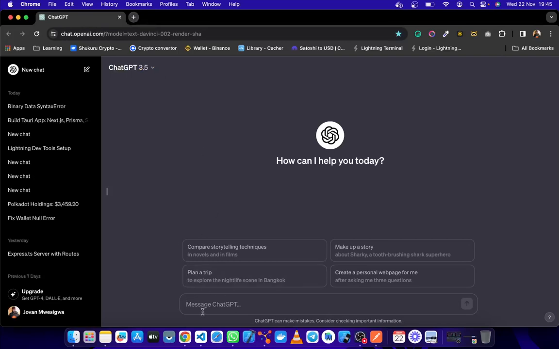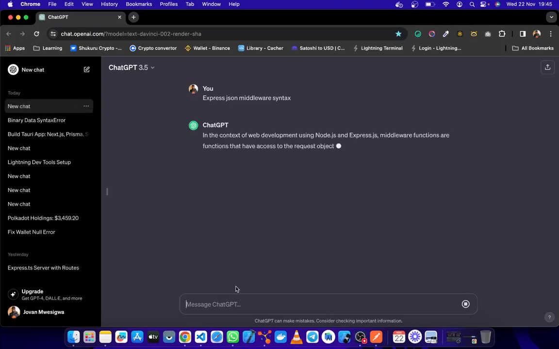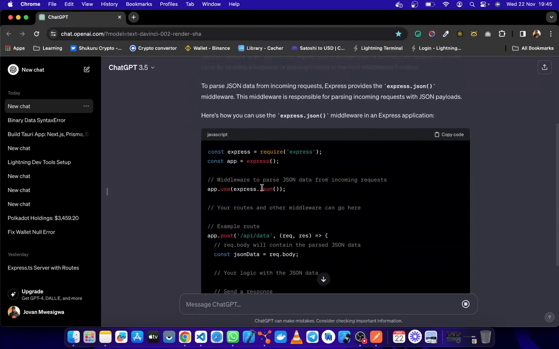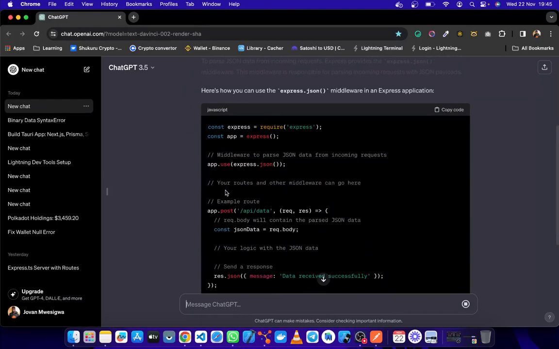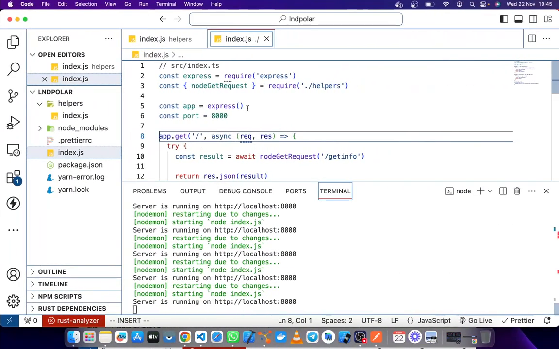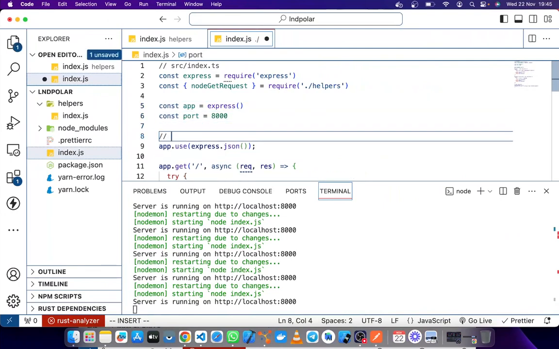So I think it's Express JSON middleware syntax. Yeah, I think it's this. This is the thing. So app.use. So this is the middleware.